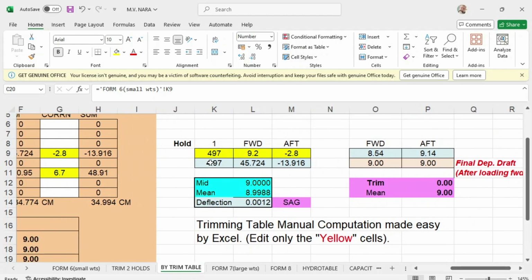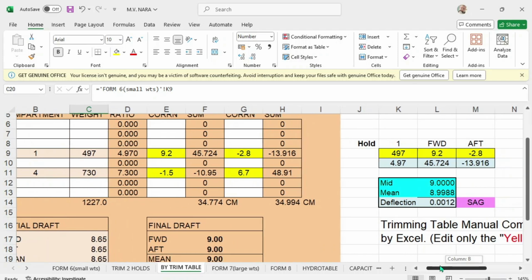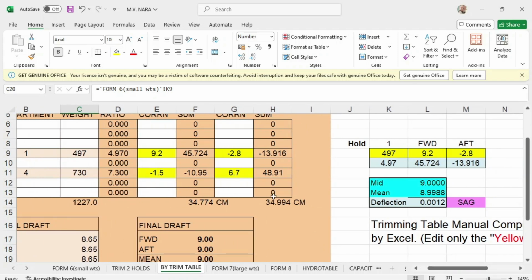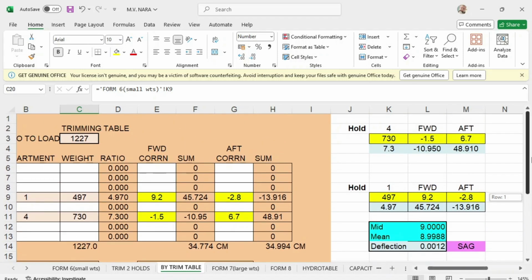So in hold number 1, you load 497. Then you put the correction forward of 9.12, and aft is -2.8, which is this one. I'm sorry, we go to number 4. First, of course, we have to load number 4 first to have a trim.